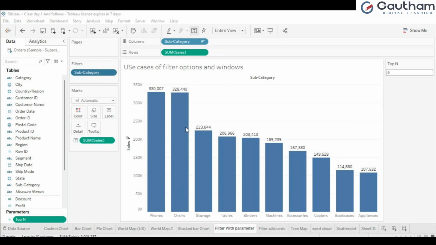Again in the conditions, if you wanted to see some by a formula only, anyway the wildcards will do this work. But if you wanted to write by a formula only, if you wanted to write starts with, what should start with? Subcategory. What should be there in the subcategory? Starts with, imagine A. Okay, imagine you want A. Starts with A